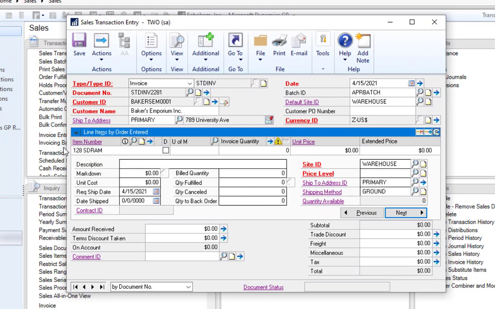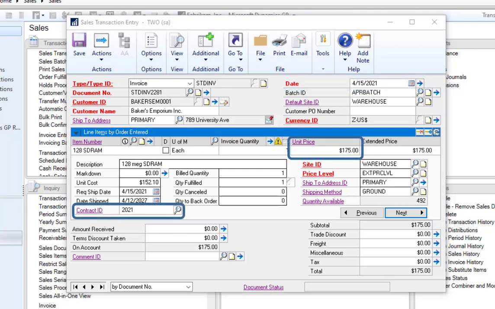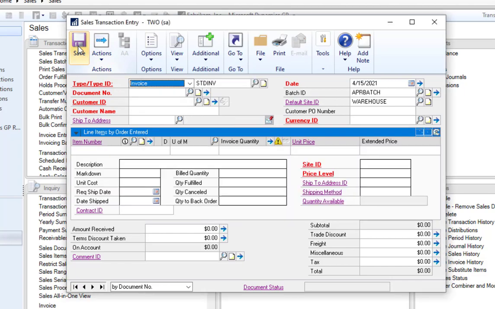This first transaction, I've entered a customer who is in the gold customer filter, but used a date outside of the summer sale. We can see the contract used is the annual pricing contract, even though the customer is a gold level. And shipping method is ground. If I enter another transaction,